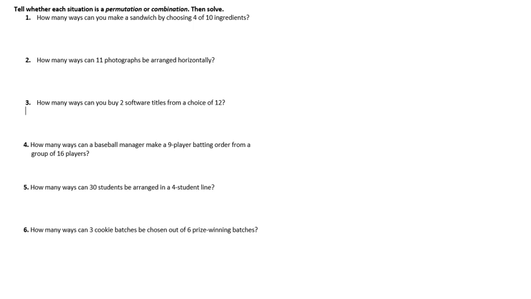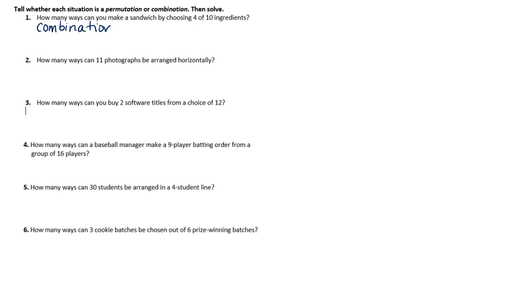So how many ways can you make a sandwich by choosing 4 of 10 ingredients? It doesn't matter what order you put ingredients on the sandwich, it can be the same, unless you're my dad, who thinks mustard, relish, and chili go in a certain order on your hot dog. But we're not talking about my dad. We're talking about any random sandwich. So order doesn't matter, so this is going to be a combination, because if I put lettuce, tomato, pickle, it's the same as pickle, lettuce, tomato. It's going to taste the same. So this is a combination,